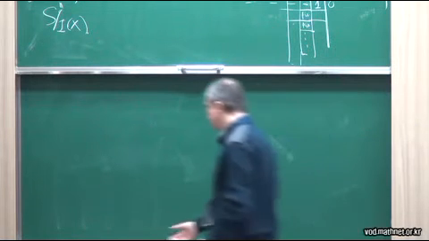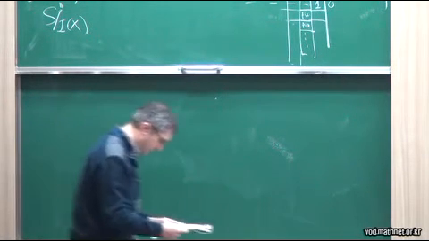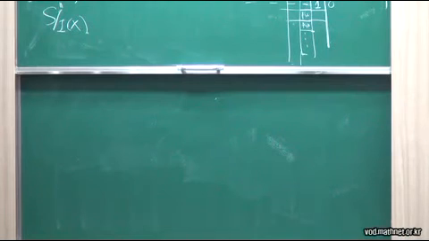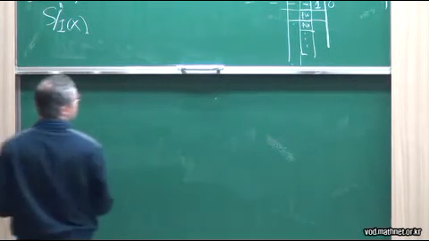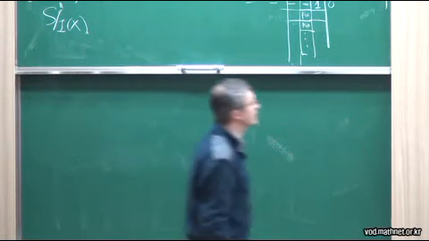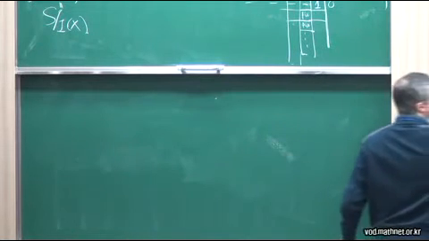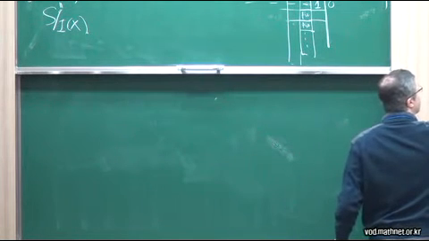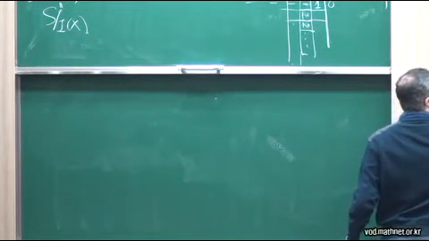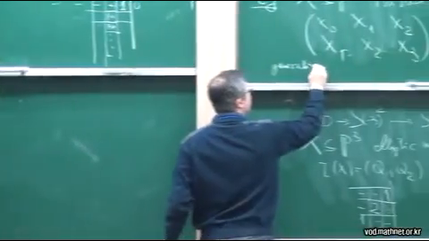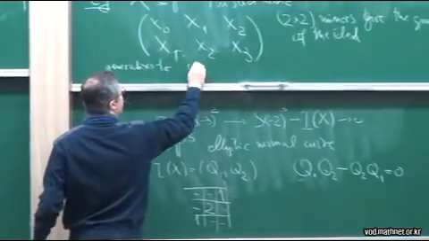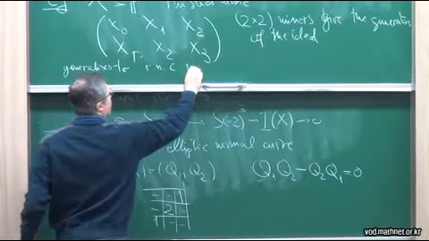Okay. So some examples. We have already seen a couple of examples. Actually, these examples. So this example of the twisted cubic generalizes to any rational normal curve in Pn,